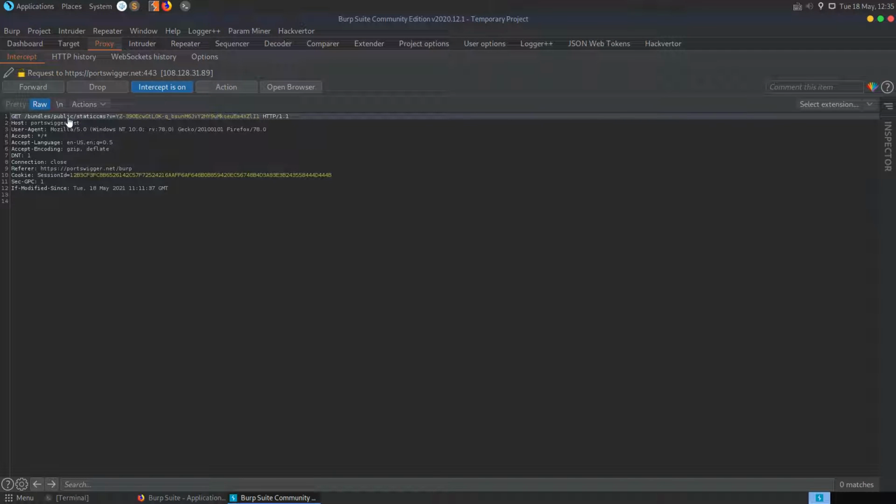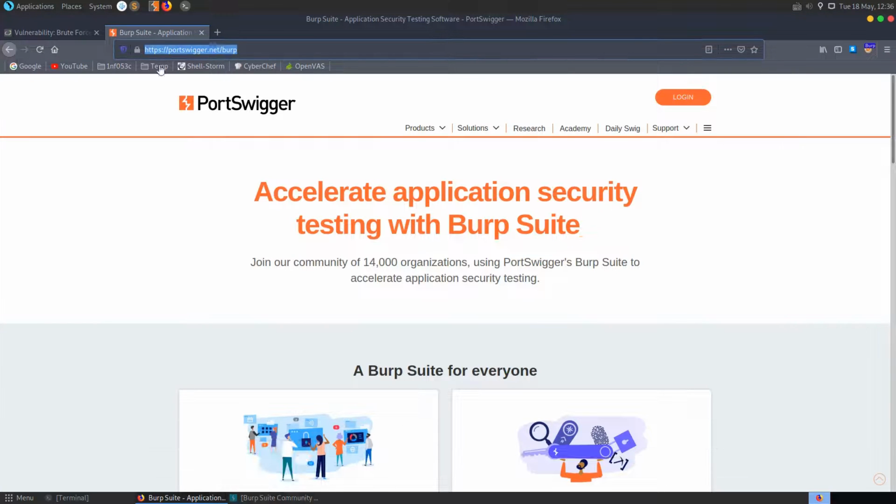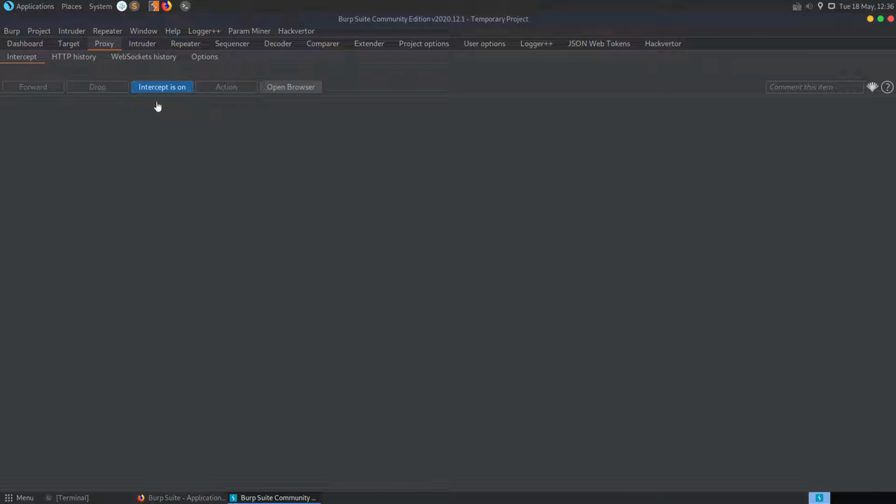And we can also see that it's intercepting some additional resources which are being loaded. So we can click forward. Obviously, we don't want to do this all the time. Even without us actually browsing to different URLs, we're going to get requests coming through here. So if you don't want to have to deal with that, just click Intercept is off, which I normally do